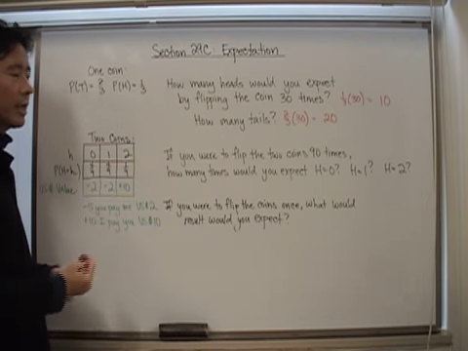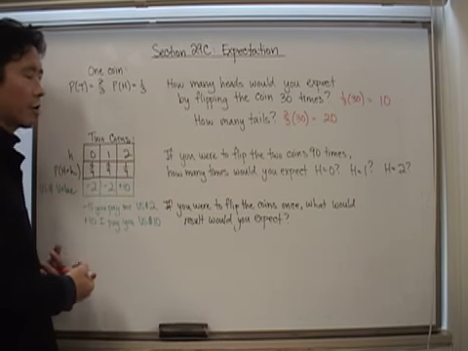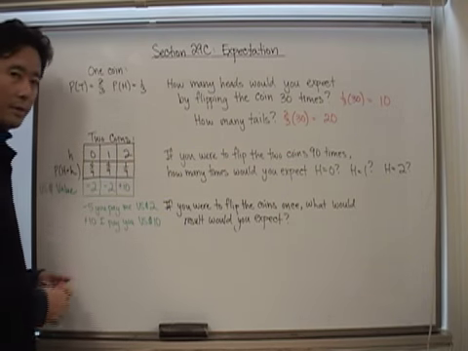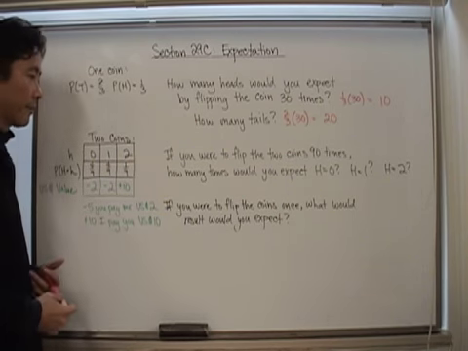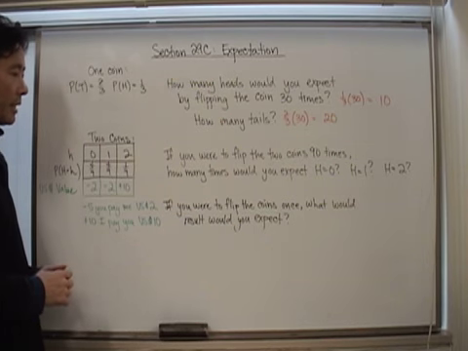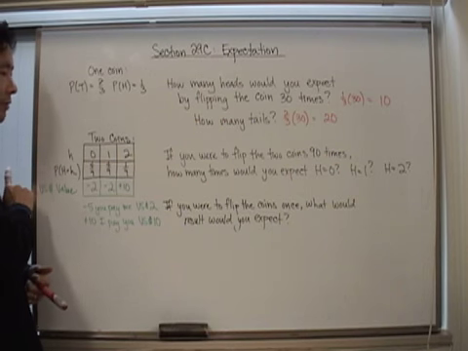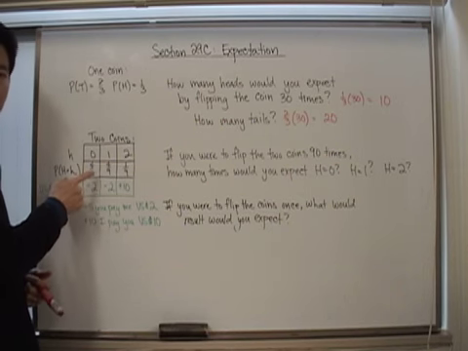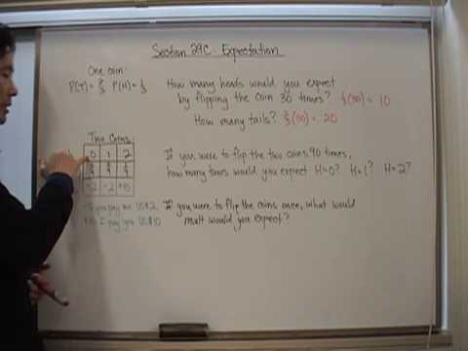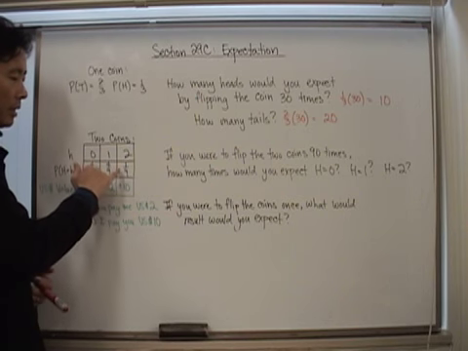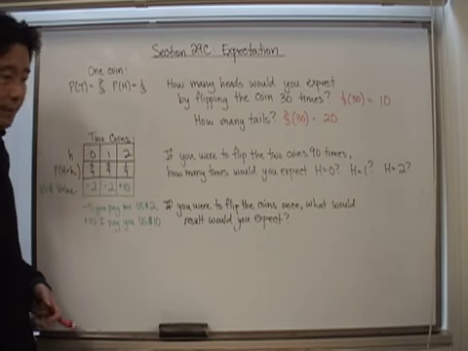Now let's make the situation a bit more complicated. Let's say, for example, that we have two coins, again both of them being unfair. And remember that we said that the probability distribution table for this particular event of flipping the two unfair coins is this. This is what we would come up with as the probability of getting no heads, the probability of getting one head, and the probability of getting two heads.